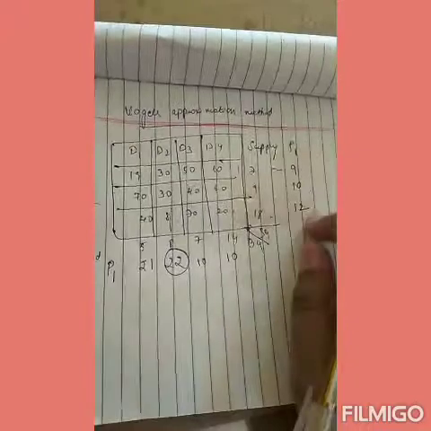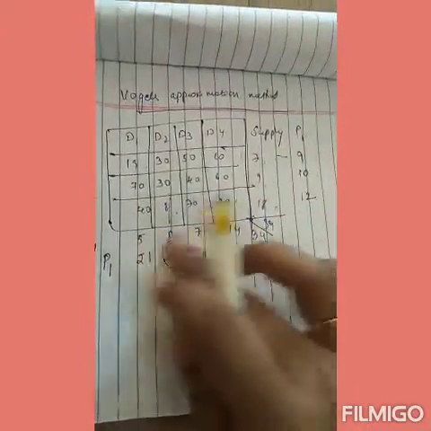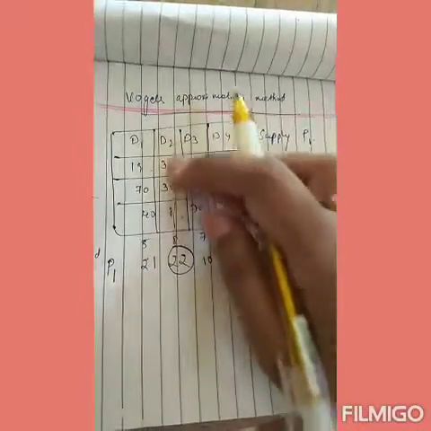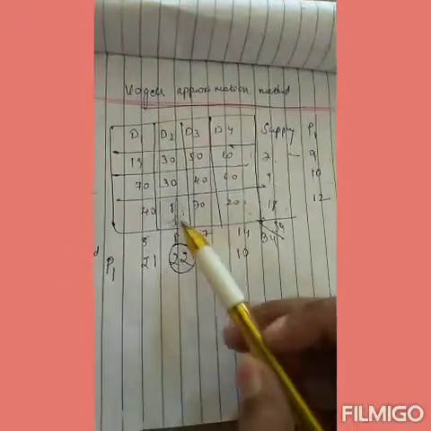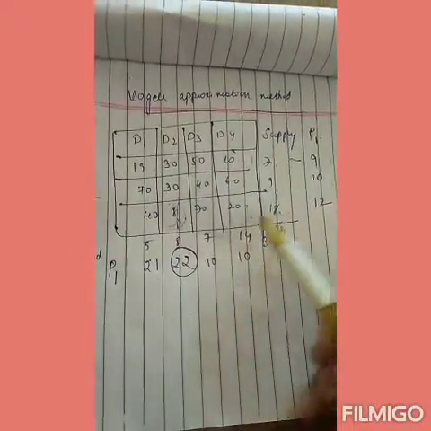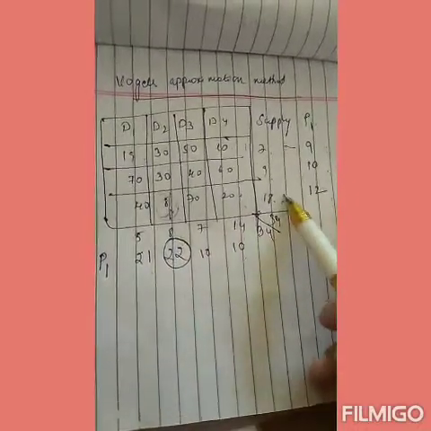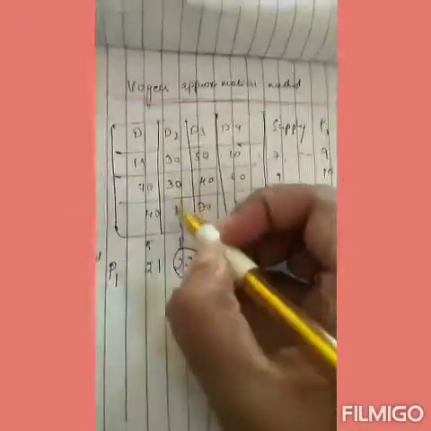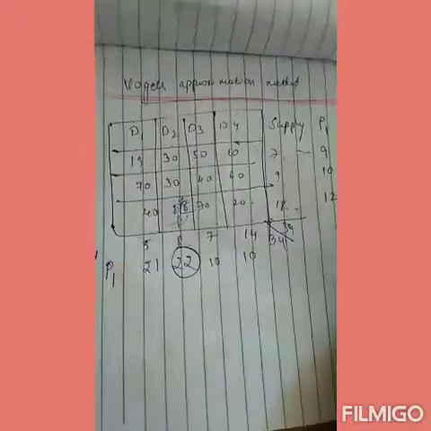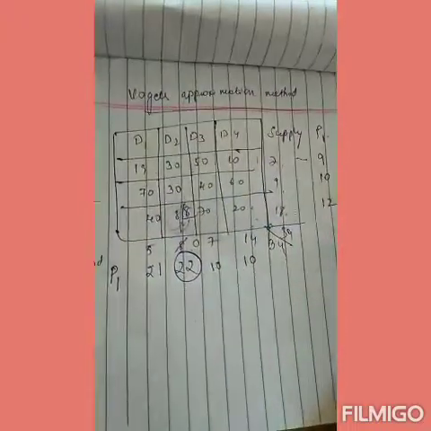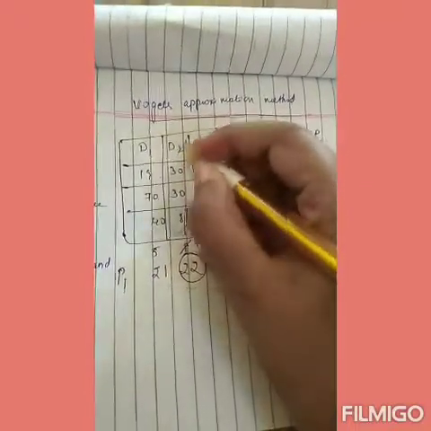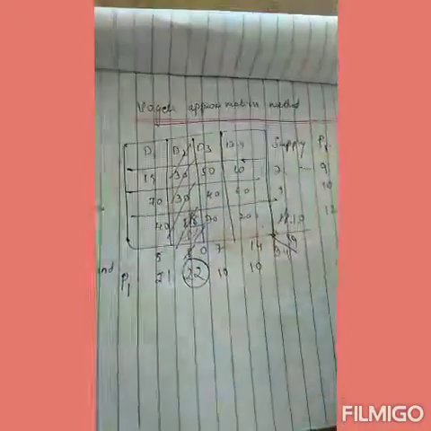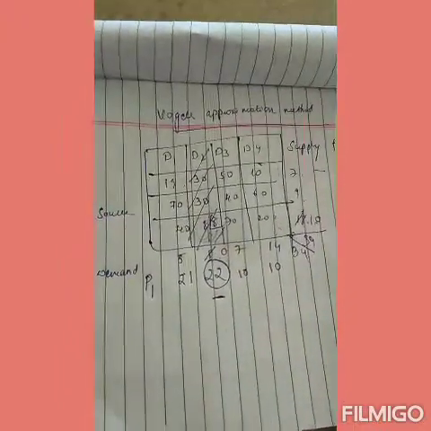So take the maximum from the penalty values. When we circle the maximum penalty value in that column, which is the minimum value? 8 is the minimum value. Okay, so 8 is minimum, and check supply and demand. So allocate 8 here and make it 0, and 18 minus 8 is 10. Just cancel this entire column and make it a dash. And now the procedure for penalty 2.